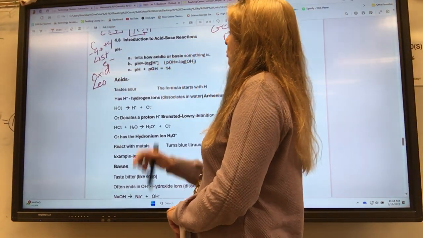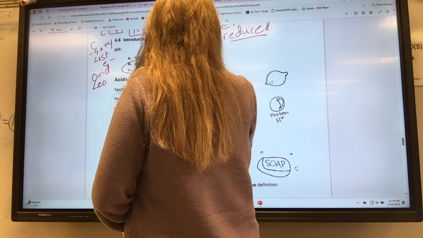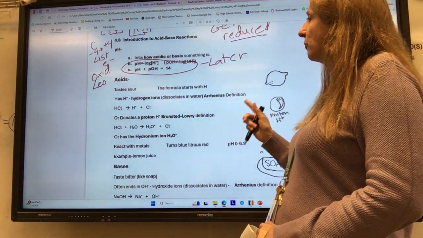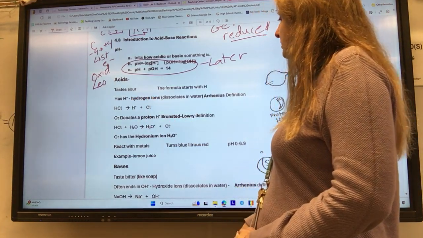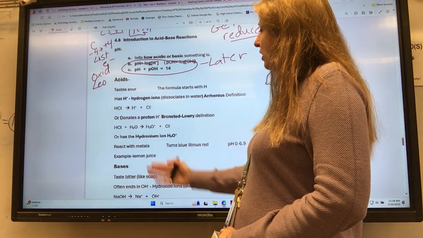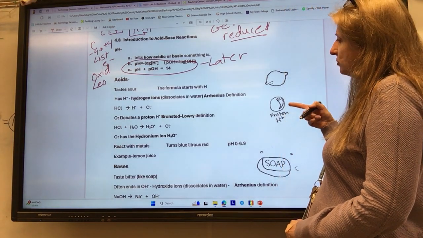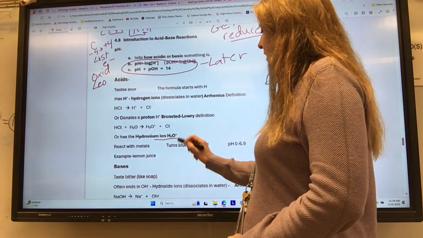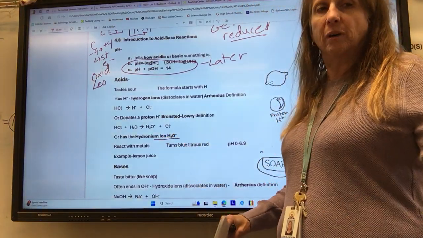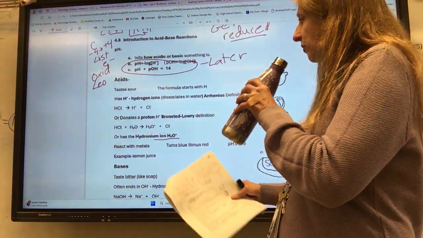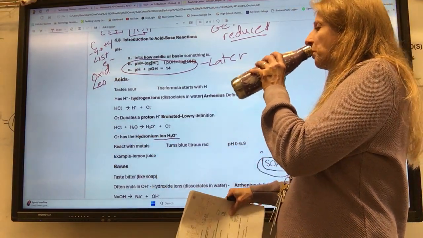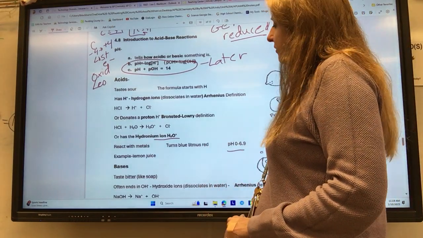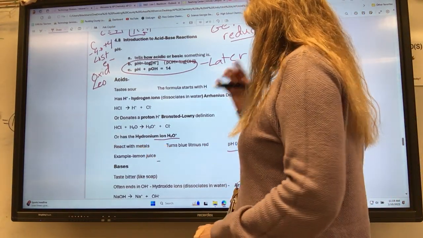pH tells you how acidic or basic. This is going to be later. This is not on this test, but y'all already know it. Acids taste sour, they start with H. They have hydrogen ions by Arrhenius, or they donate a proton. The proton is a hydrogen ion, according to Bronsted-Lowry. Or it has the hydronium ion by Bronsted-Lowry. So there's hydronium. They react with metal, they turn blue litmus red, their pH is lower than 7, and an example is lemon